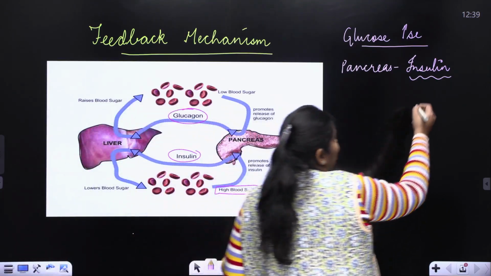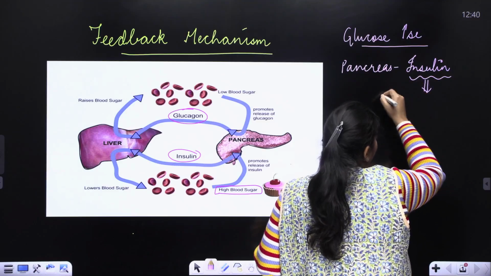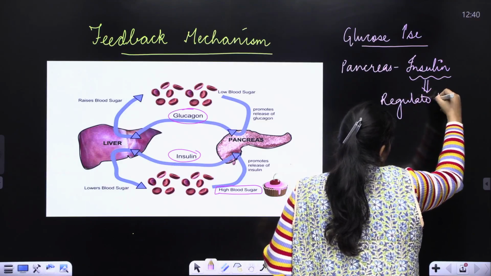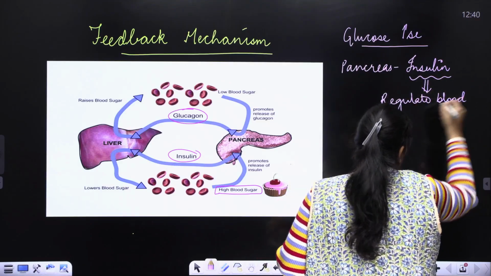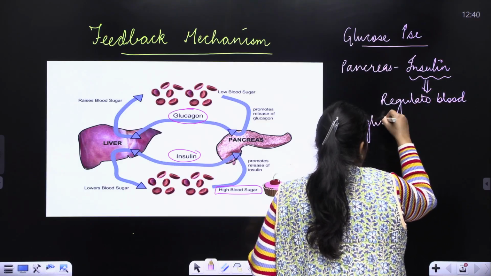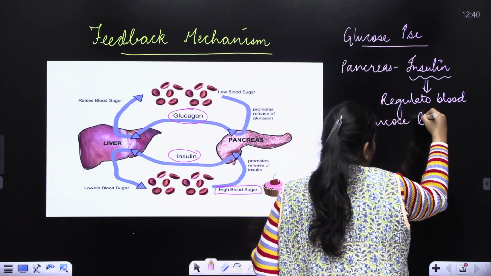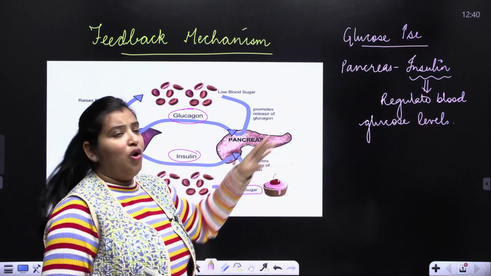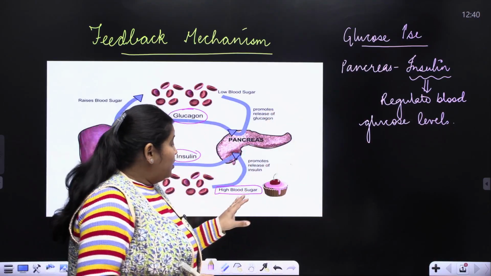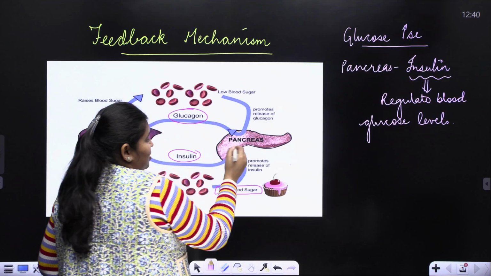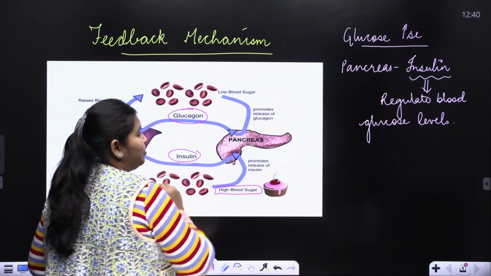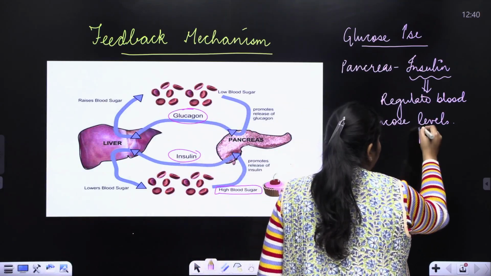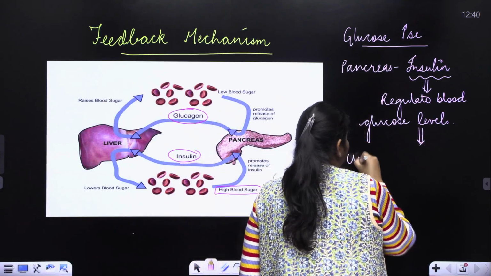So the pancreas secretes insulin which regulates blood glucose levels. So blood glucose levels are regulated by this hormone insulin. Now, the pancreas are secreting insulin. This insulin is going to help the body cells to uptake